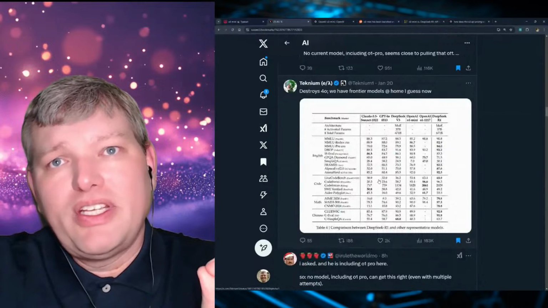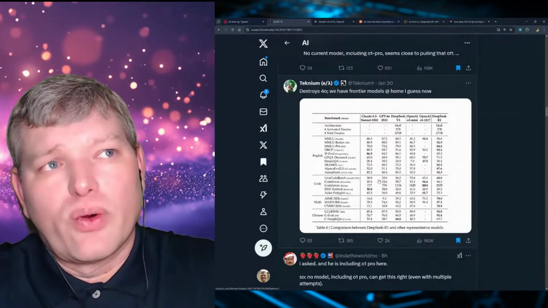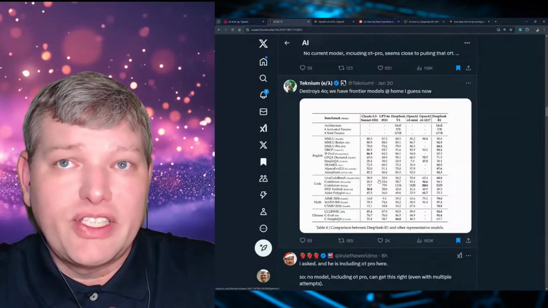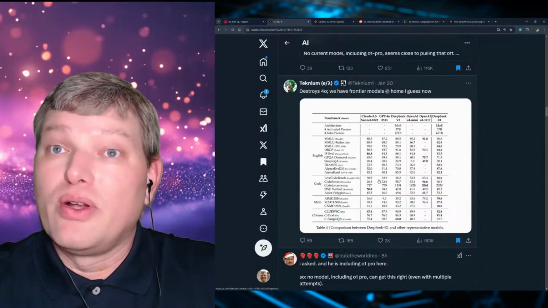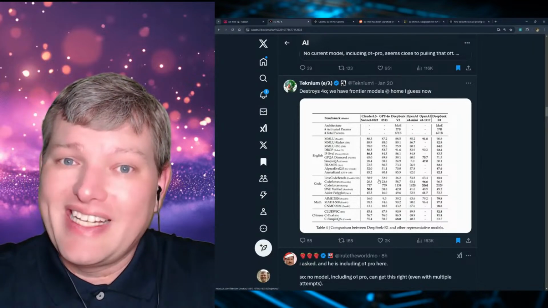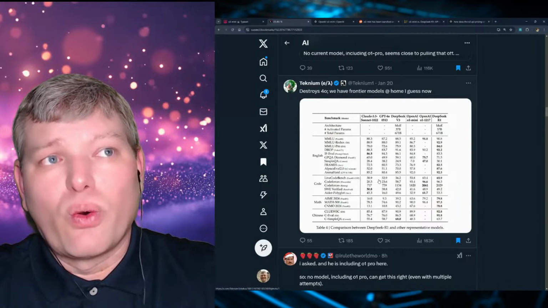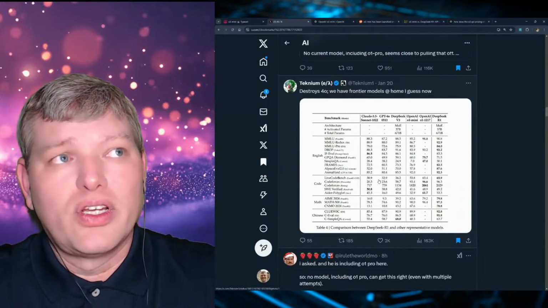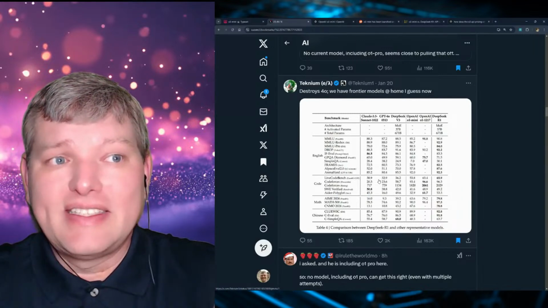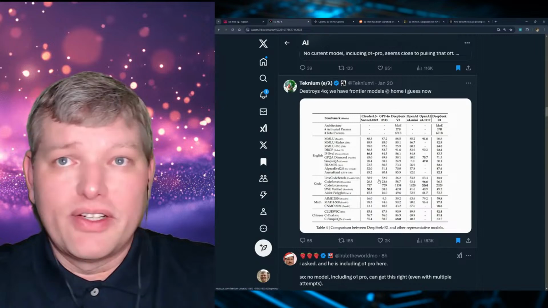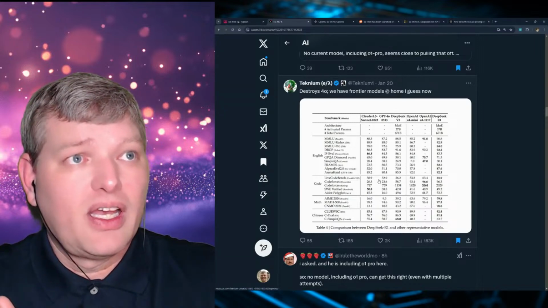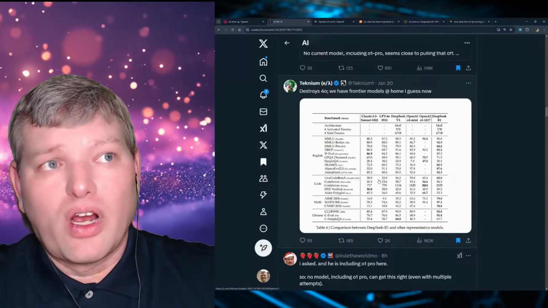The other interesting piece here is that there's been a lot of organizations that have been leveraging these advanced models for building applications and features inside of their apps. And when we look at the scores that we're getting across the board, we have to contend with this comparison between DeepSeek now and where we were with 4.0.